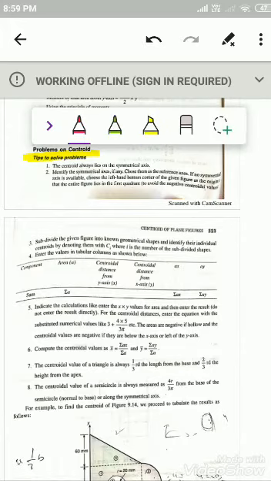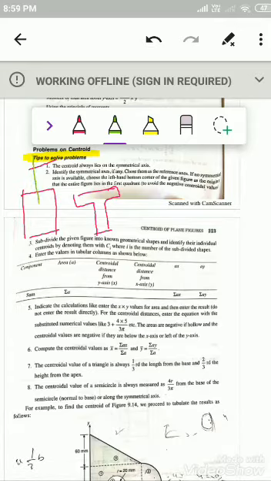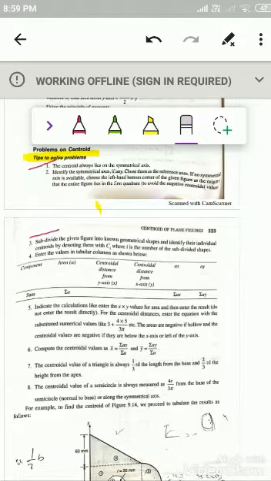Just consider the first step: the centroid always lies on the symmetric axis. Suppose you have a rectangle or a T section, then the centroid always lies on the centroidal axis. Centroidal axis means you divide along the x and y axes through the center where the CG passes, and that is what we consider as the centroidal axis. So the centroid always lies on the symmetric axis. That is the meaning of your first point.